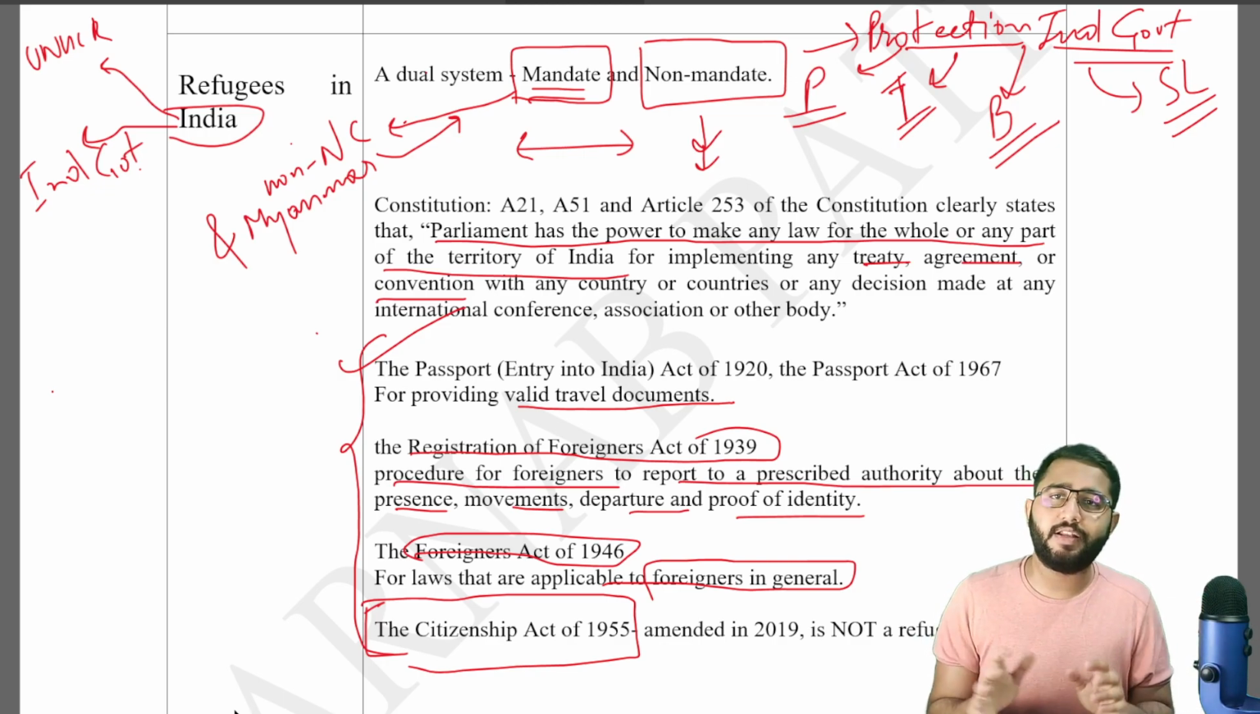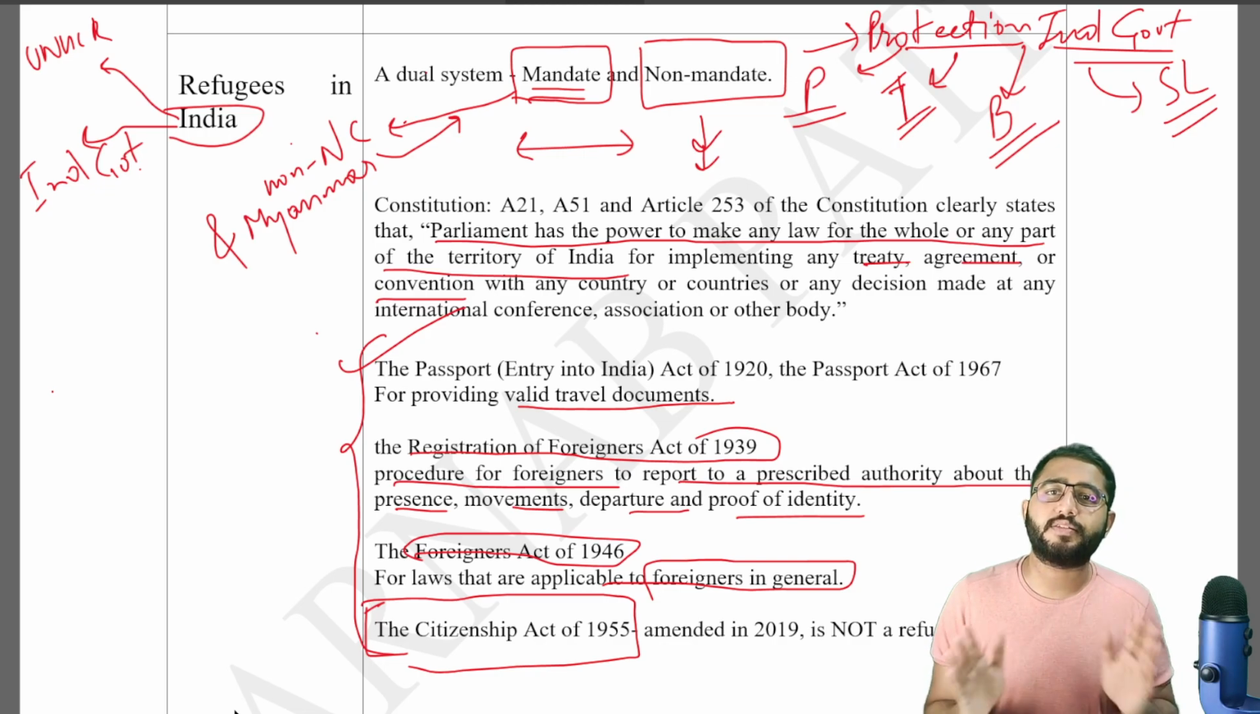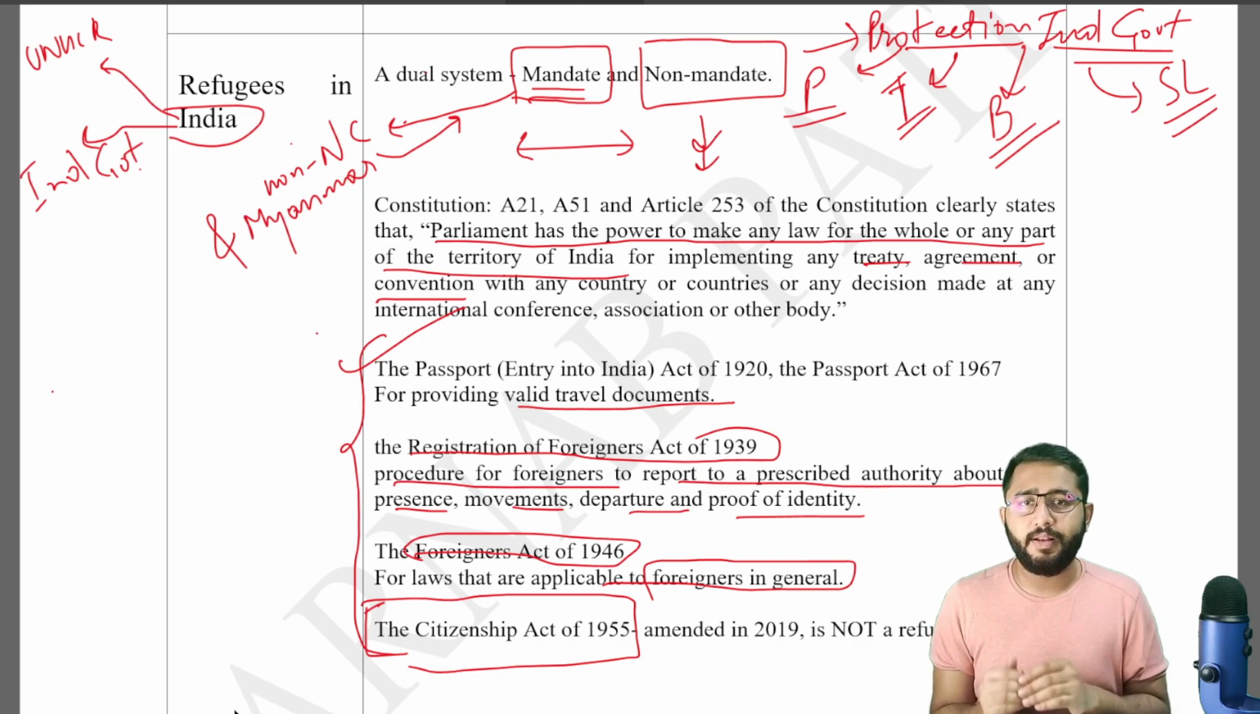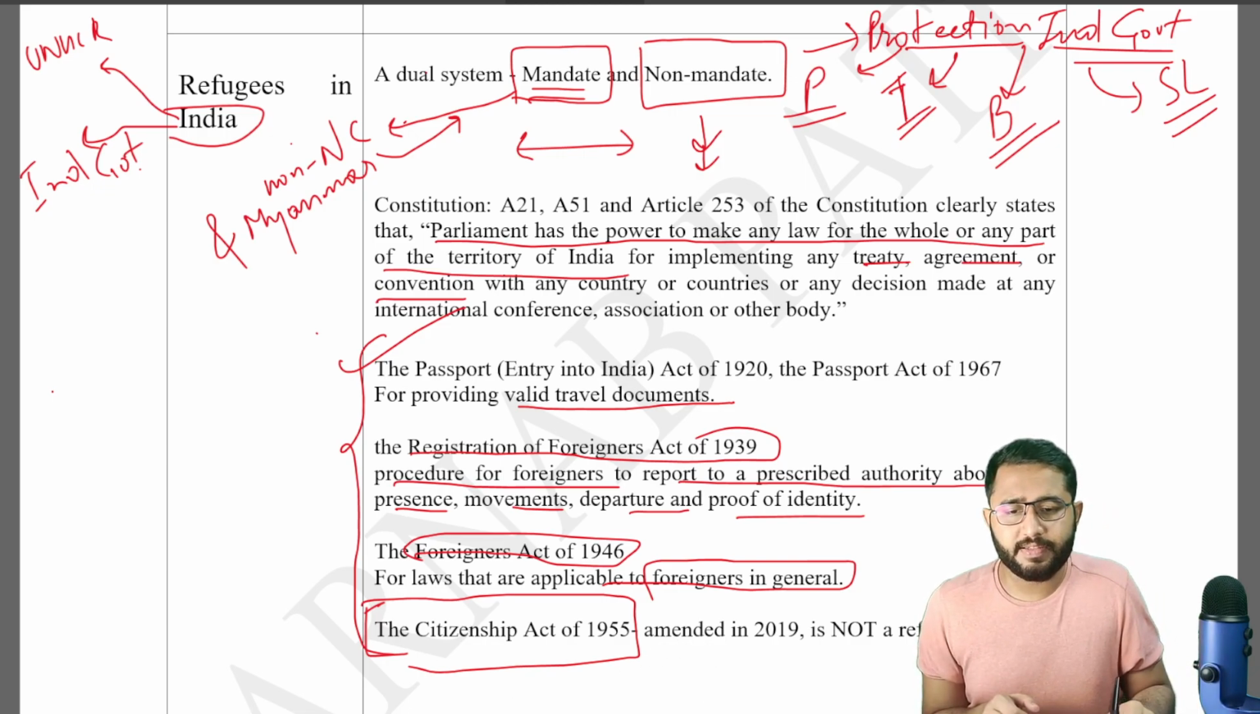Here, it didn't matter if UNHCR has given them the refugee status or not. It didn't matter because India, like I said, under the Foreigners Act, gets to decide who it wants to keep in and who it wants to throw out. Now, an interesting case here is that the Citizenship Act of 1955, which was amended in 2019, cannot be